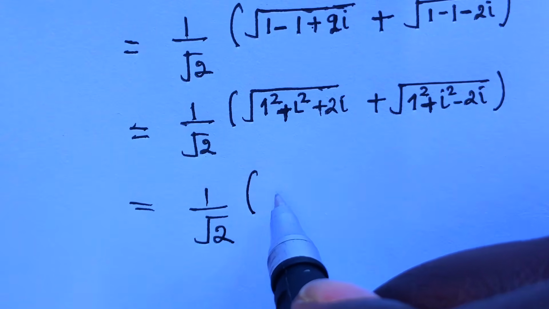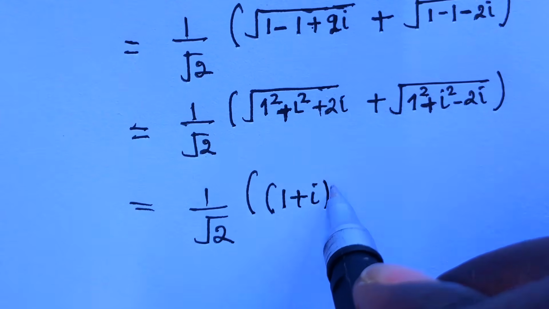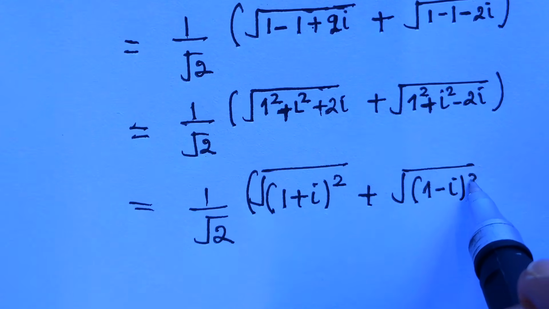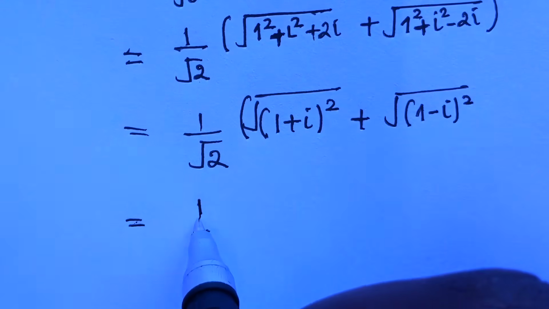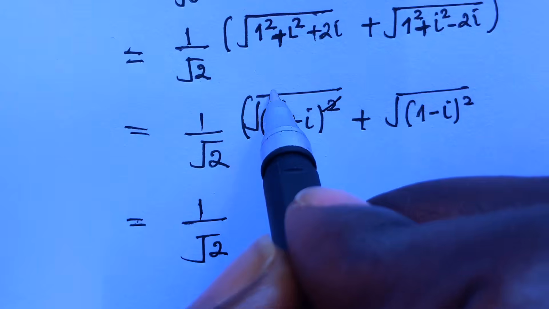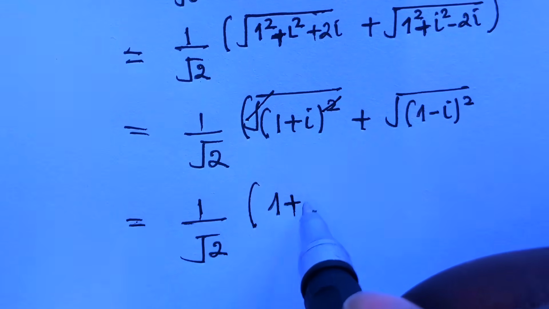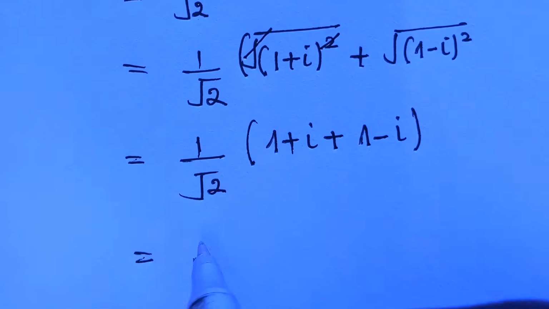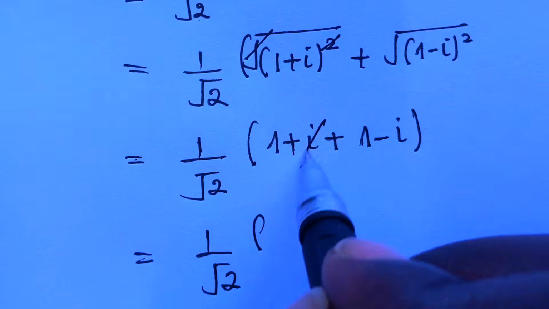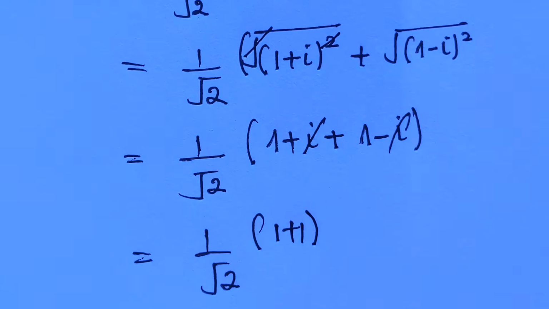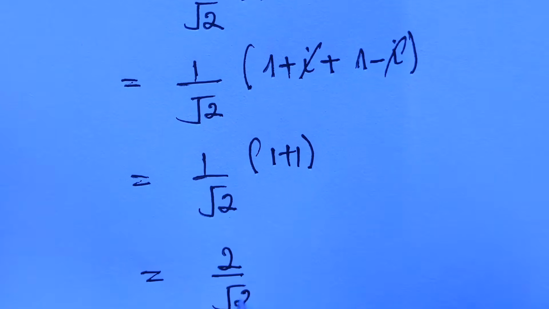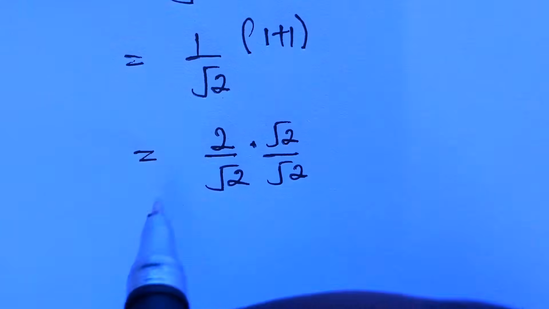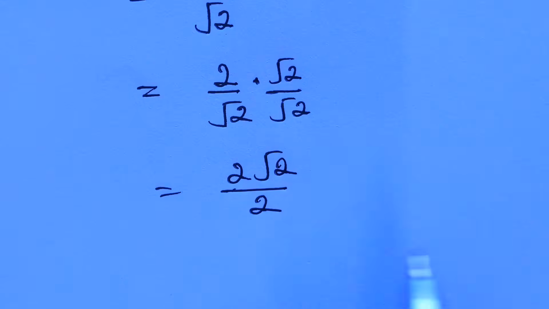And this will be 1 over square root of 2, open bracket, if you are seeing nicely, we have square root of 1 plus I squared, then plus square root of 1 minus I squared. Of course this is 1 over square root of 2 times 1 plus I plus 1 minus I, and the I's are cancelled. So this will be 1 over square root of 2, 1 plus 1, so we shall get 2 over square root of 2, then times square root of 2 over square root of 2 to get 2 square root of 2 over 2, and this will be square root of 2